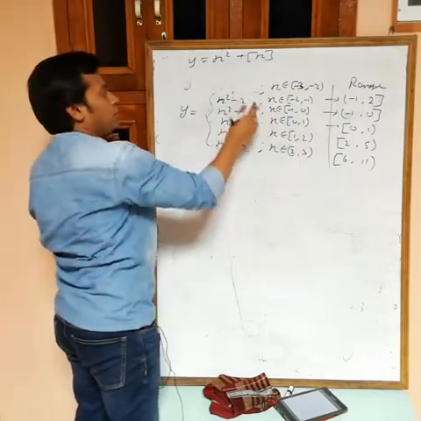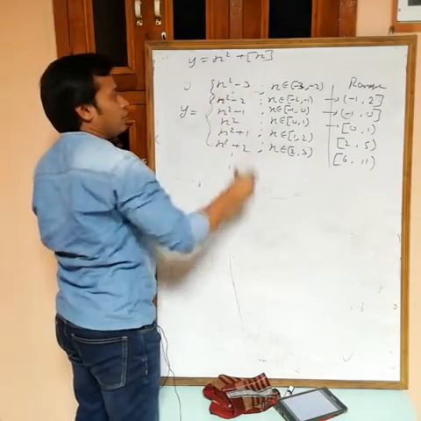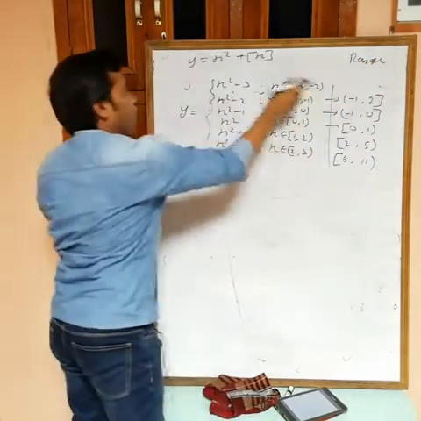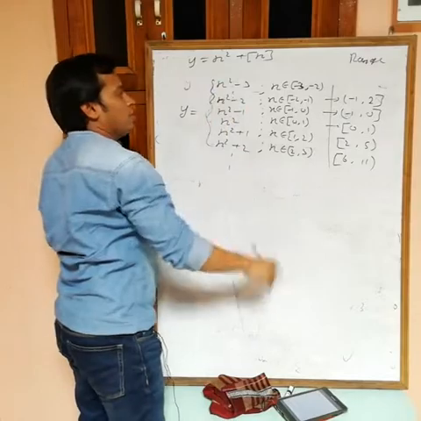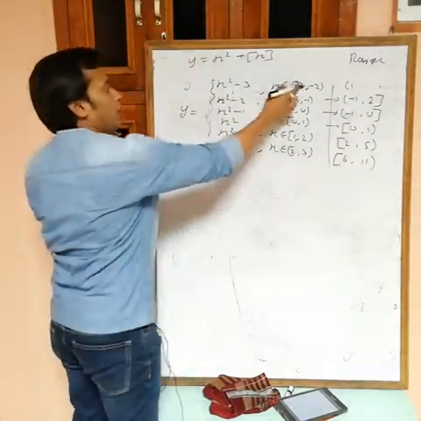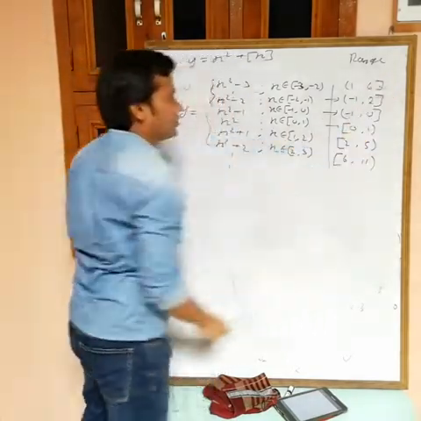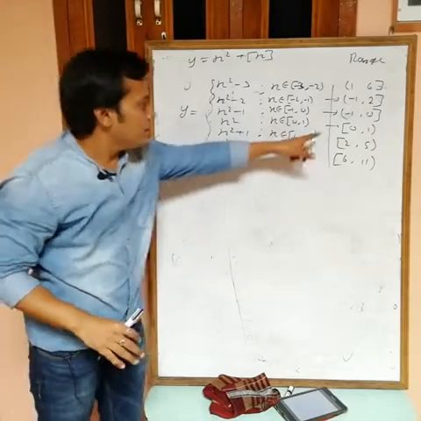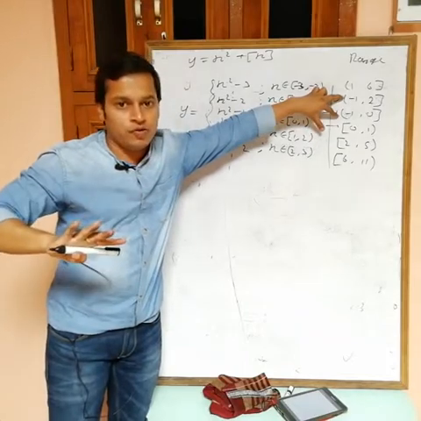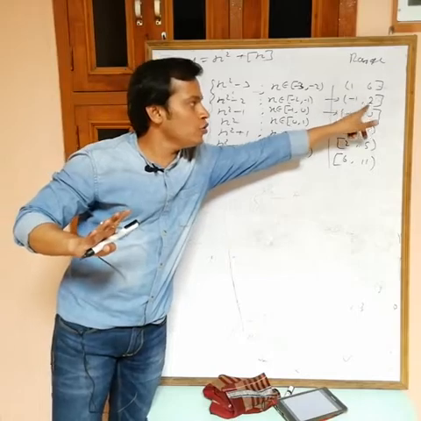If you put minus 2, then greatest integer is minus 3, so x square minus 3. If you put minus 2, what we are getting? 4 minus 3, 1, open interval, and minus 3, then 9 minus 3 is 6, closed interval. Now actually what we are getting? These all are positive values. Only in these two intervals we have negative values, and this is from minus 1 to 0, minus 1 open. This is from minus 1 to 2, minus 1 is open.